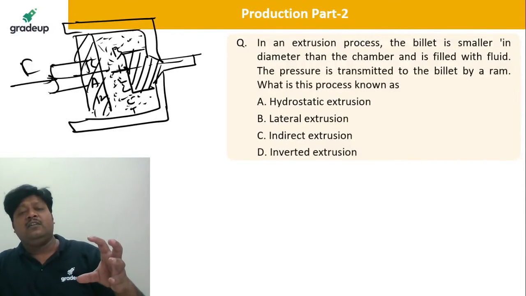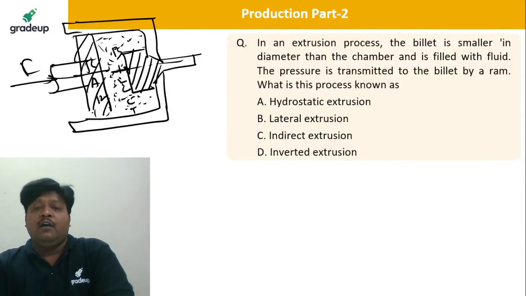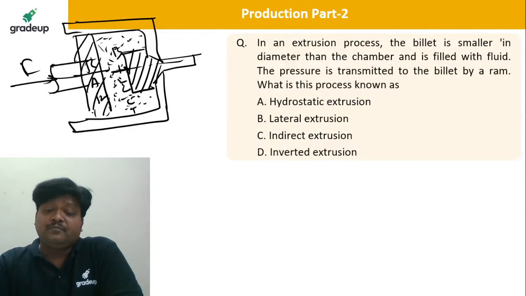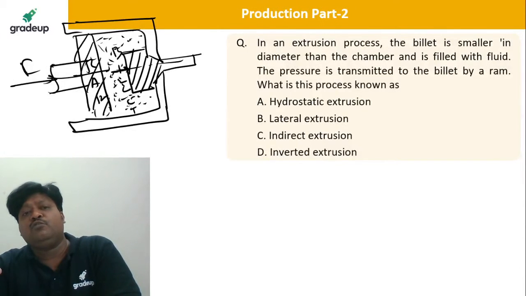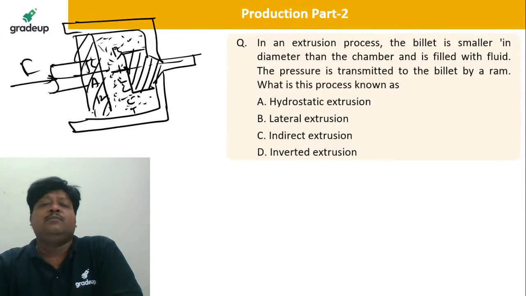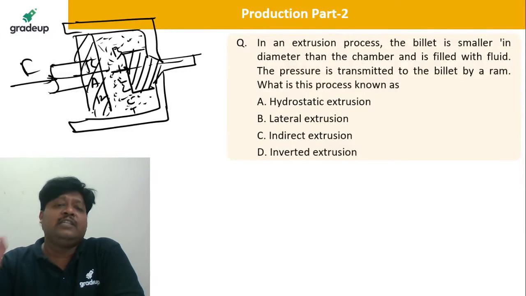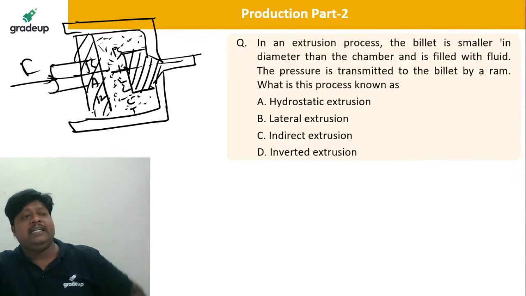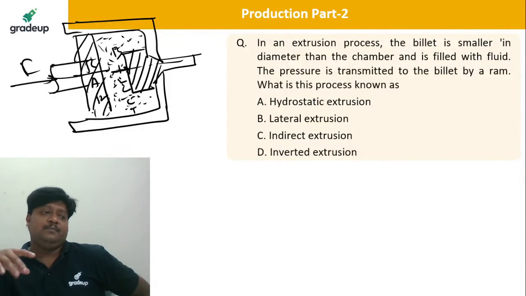Whenever we are talking about extrusion of semi-brittle, brittle or high strength superalloy materials, when you extrude those materials, their brittleness increases with temperature, and definitely cracks or some defect formation will be there. To avoid this, to make them ductile throughout the extrusion process, and to have a very good, defect free extrusion, the process used is hydrostatic extrusion. Excellent, very nice. A is the correct answer.